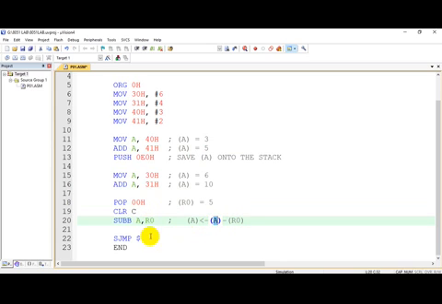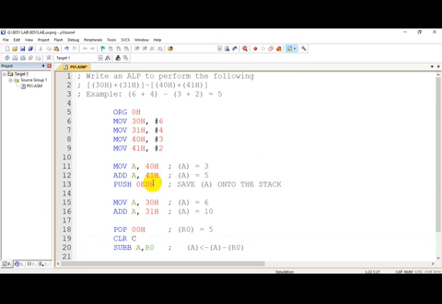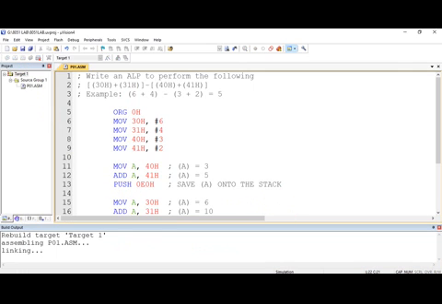So 10 minus 5 is 5. That will be stored back in accumulator. So this is just an example showing how important it is that we save the data temporarily onto the stack. Okay, so let us execute this program.